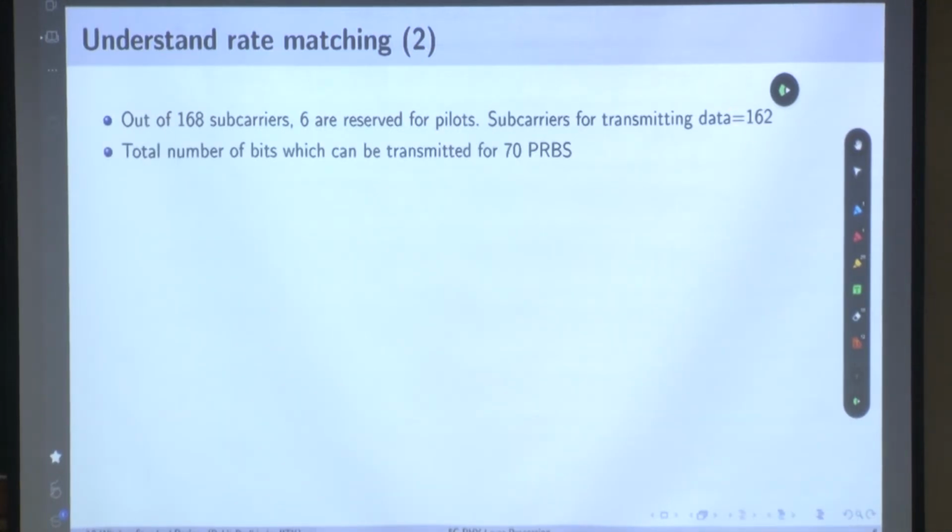Now using this, how many bits can you transmit for these 70 PRBs? This is basically the number of subcarriers which you can use for transmitting data in one PRB. In 70 PRBs, how many can you send? That's what we are going to calculate. Simple, 70. And this number is denoted by G, again coming from the standard. The total number of bits which can be transmitted for this allocation made to a user, G. What is this? How many in one PRB, how many resource elements or subcarriers: 162,